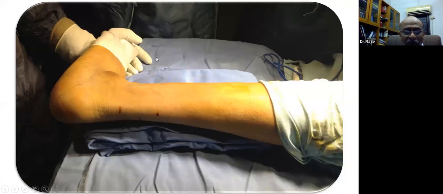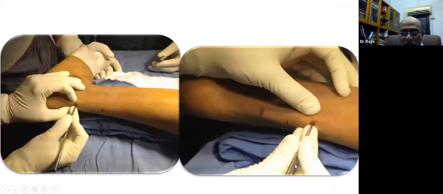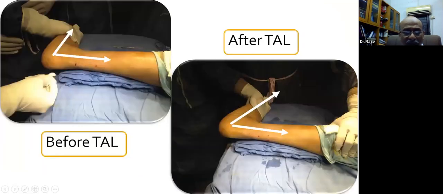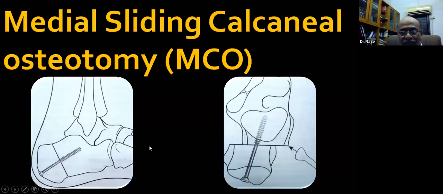I'm trying to dorsiflex the ankle. It is not allowing me to do. This is the kind of incisions I have put in. And then once I put in the incision, I will forcibly dorsiflex this foot and ankle, and I'm going to get a dorsiflexion range. So this was before, this is after. This gastrocnemius lengthening is always required in every flat foot surgery.